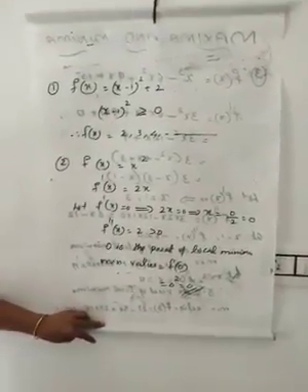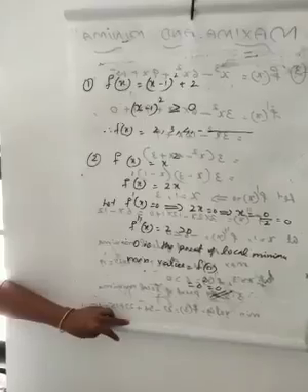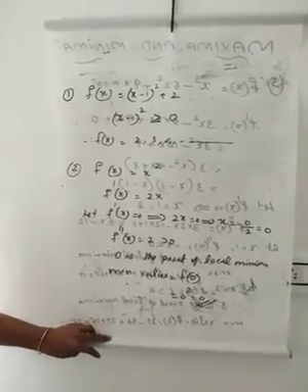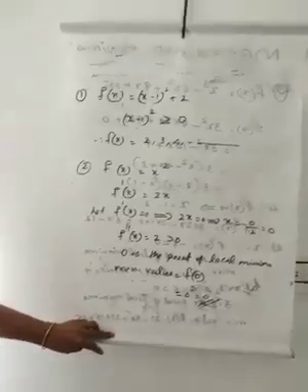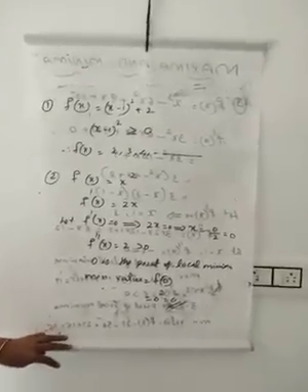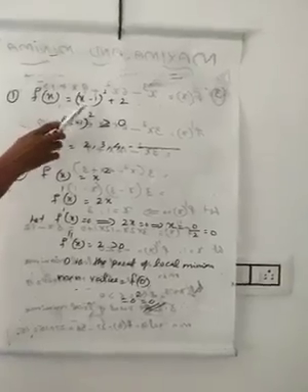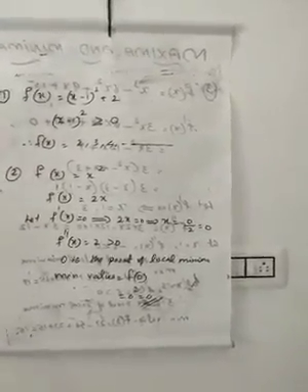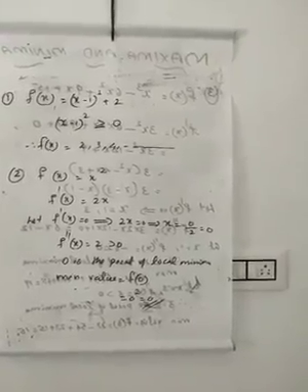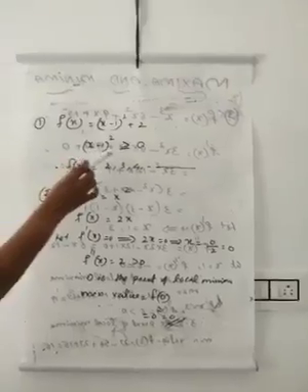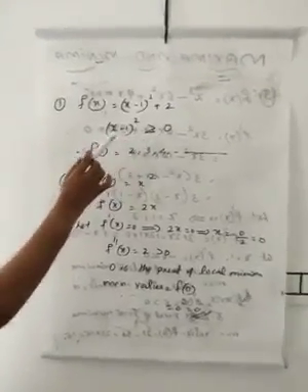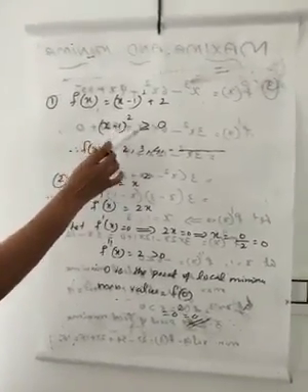Using the condition, we can discuss some questions. The first one: f of x equal to (x minus 1) whole square plus 2. Okay, and see this question. It is clear that the first term, (x minus 1) whole square, is a perfect square, and the square of any number is always positive, which will not be negative. That is, (x minus 1) whole square is always greater than or equal to 0.